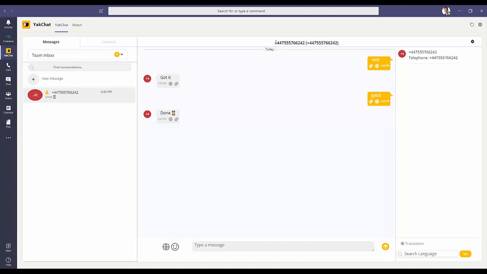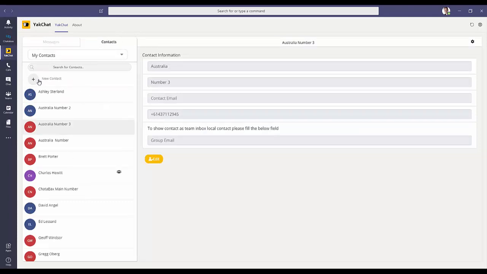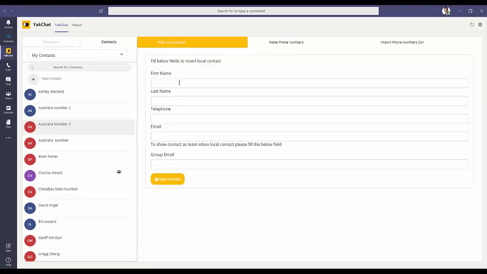So if you do get that, you can simply copy that number using the normal Control-C on the keyboard, and then you can create a new contact to be able to add that contact. And once you've done that, so if I do that for you now, I'll create a new contact here. So here's a new contact, and I can add the person's details. I can add in the telephone number here, and I could add their email, and the last part of this